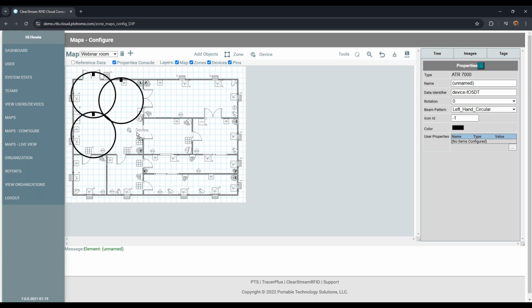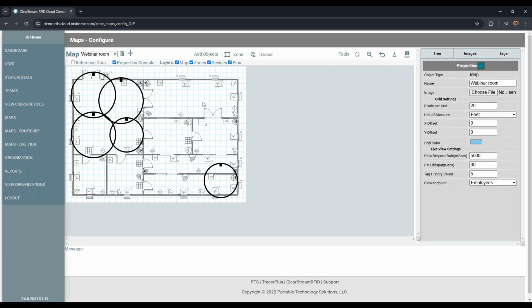so you can adjust these. So I can just add all of this equipment to what I'd like to track, maybe add another one down here or something like that. So I'm just dragging and dropping where my equipment is on the map. At any one point, I can go ahead and save this. These areas here, I do want to configure some properties for them. So this one might be stockroom reader 1. This one might be stockroom reader 2, and so on. You're just configuring the attributes of all of these devices in your environment,